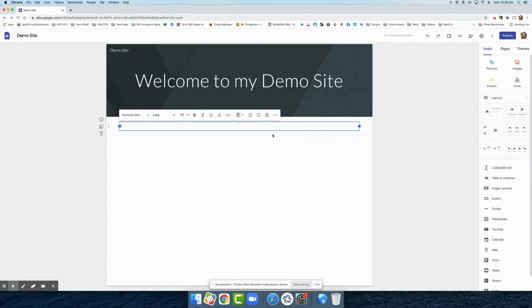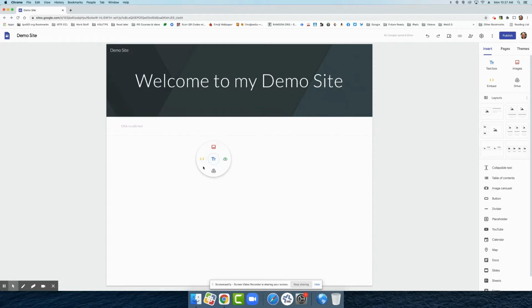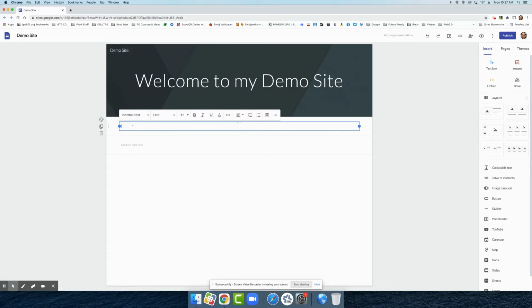The other way to add a text box is any place where there's blank white space, just double click. You'll get this circle, and then right in the middle where the two T's are, that will also add a text box into your page. So now you can see I have two text boxes here, and I can just click and edit and add text. If you want to delete a text box,